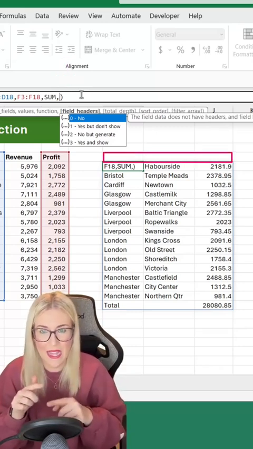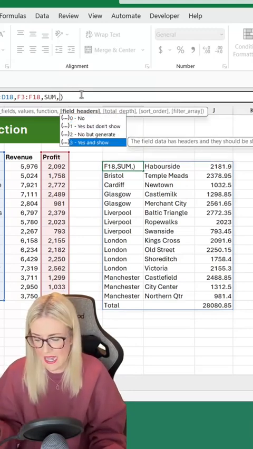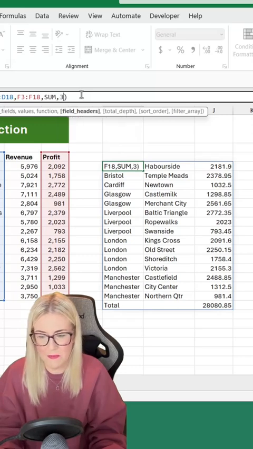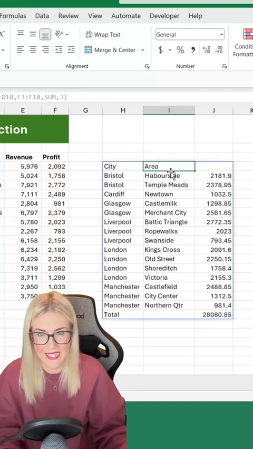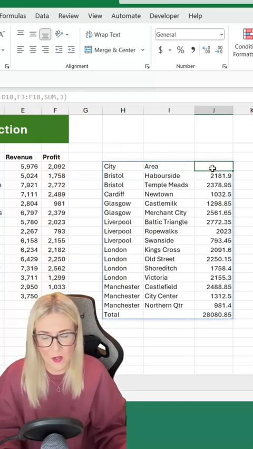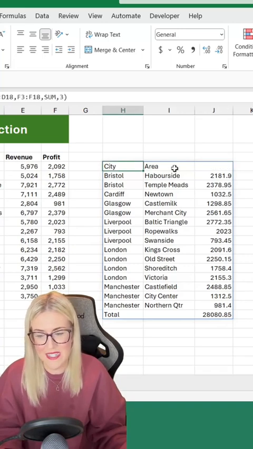So this is where we can decide if we want to see those or if we don't. So I'm going to say yes, show them. I'm going to select number 3 and hit enter. And you can see it's going to give me city and area. It doesn't seem to give you column headings for the aggregated revenue. I've tried this a few times and it never gives me that column heading, but it does give me the